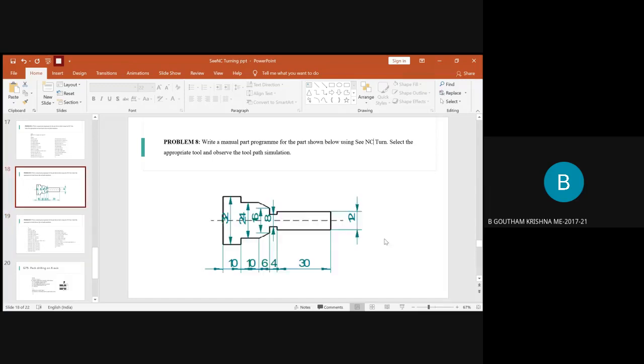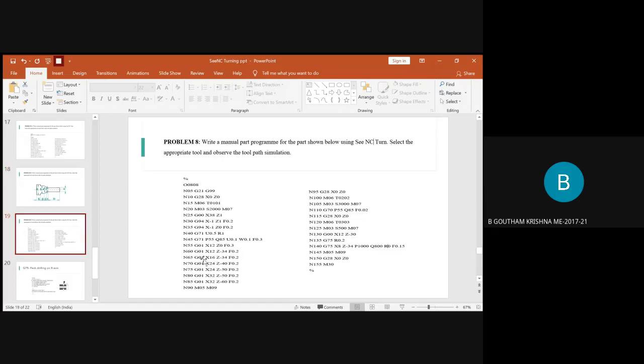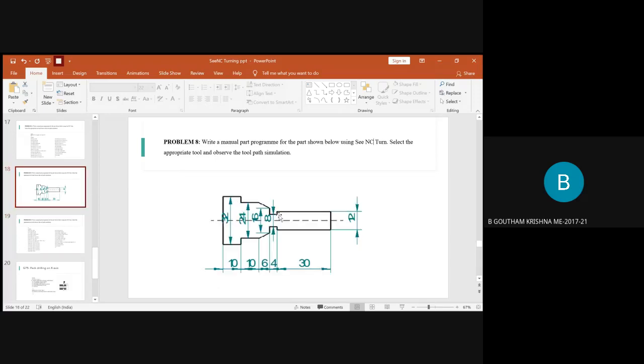After that, for the second part to start, the value of X is again the same. It is maintaining 12 mm diameter only, right? So you will provide the value of X as 12, but Z has moved in the opposite direction. So Z will be minus 30 and X will be 12. So you have written the same thing here: X will be 12, Z will be minus 34, and you will assign a feed rate value of 0.2. So now the tool is here, right?